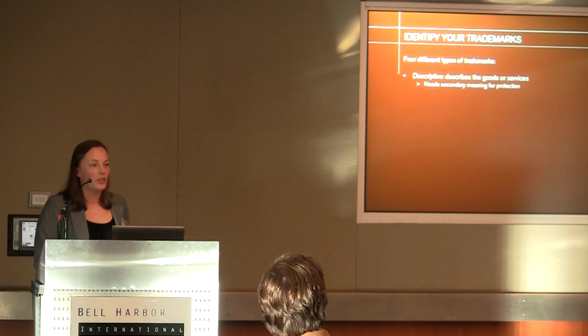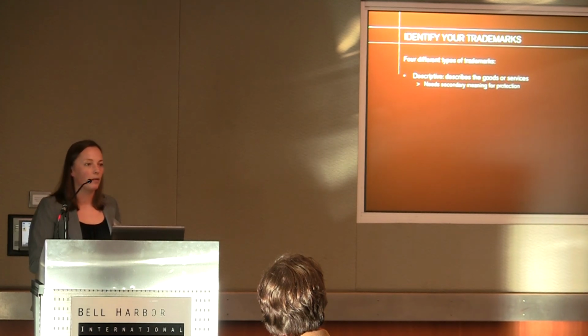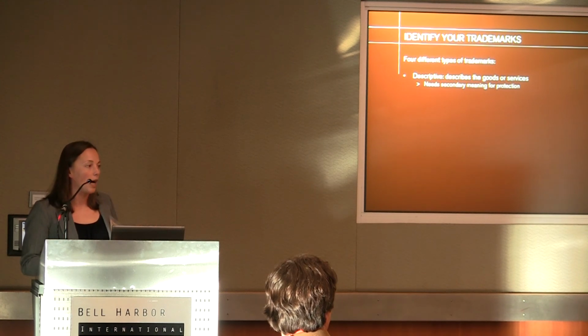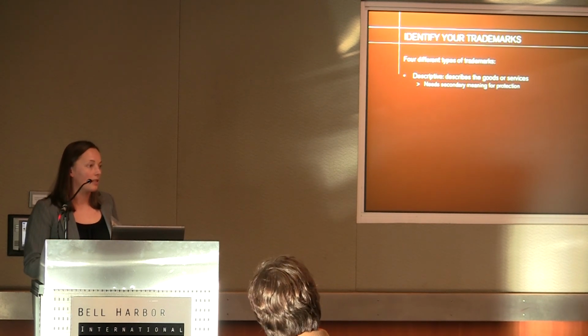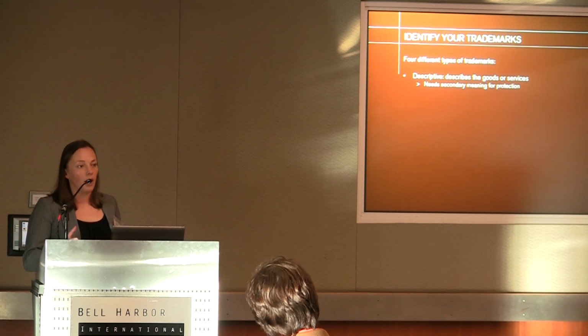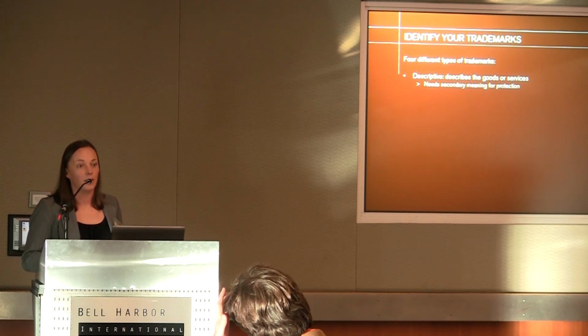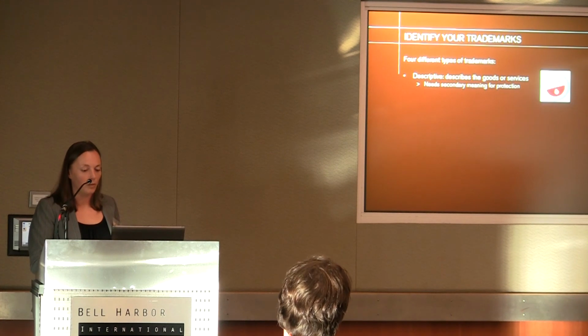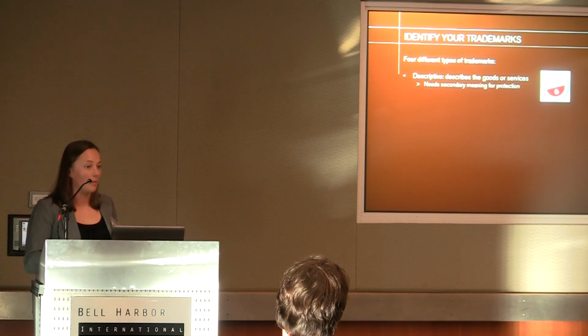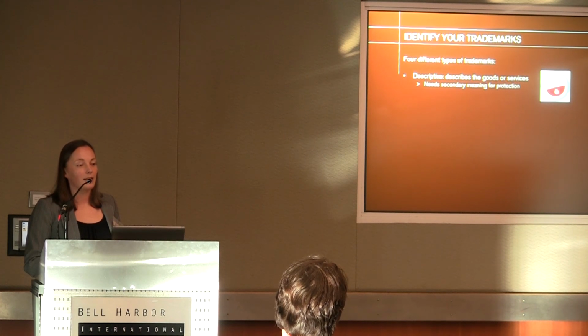So there's really 4 general categories of trademarks that we talk about. The least protectable of which is a descriptive mark, which generally just describes the goods or services that the mark is identifying. So those are not protectable in and of themselves. They need to have what's called secondary meaning or some type of distinctiveness. An example of that would be Seattle's Best Coffee. Obviously, it's describing the product itself. It's telling you it's from Seattle, they think it's Seattle's best coffee, and they're selling coffee. So there's certain distinctiveness that they have to establish with consumers before they can actually get that mark registered or recognized.